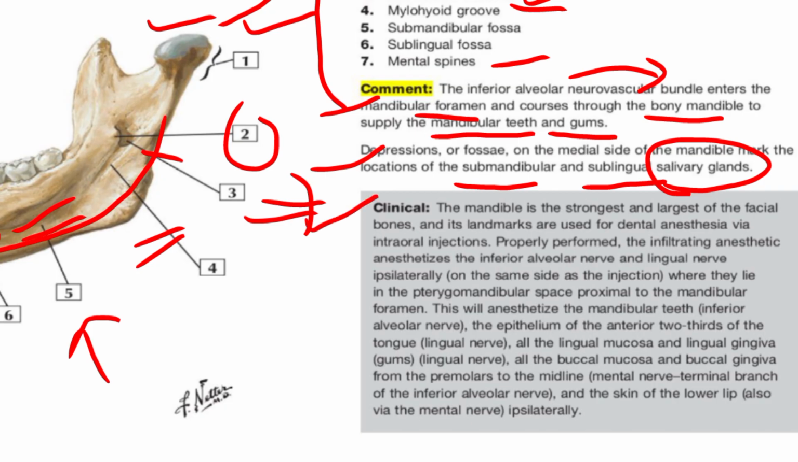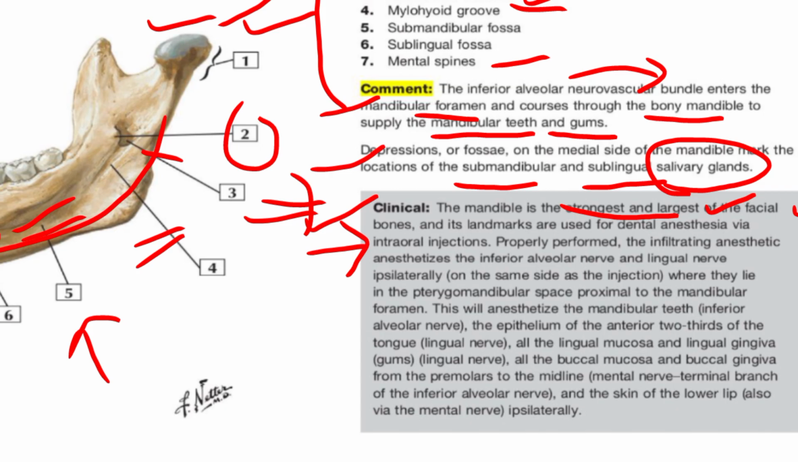And now we have clinical. Mandible is the strongest and largest of the facial bones. It is asked in the MCQs. Note it. It is the strongest and the largest of the facial bones, and its landmarks are used for dental anesthesia via